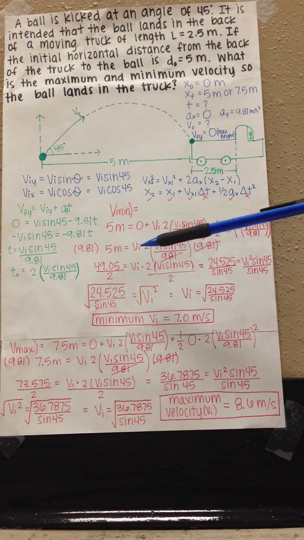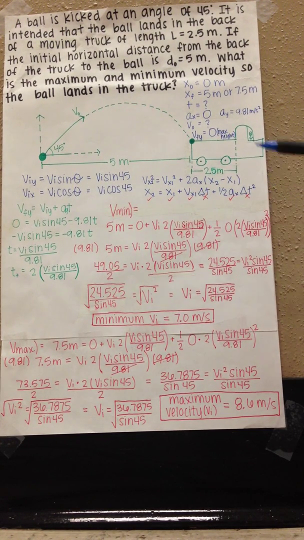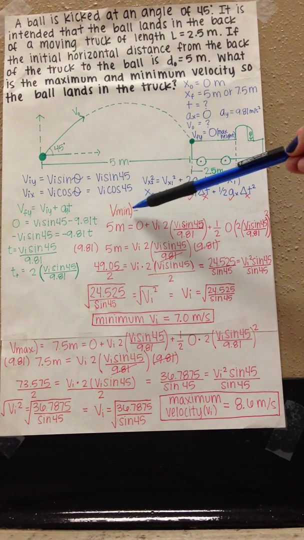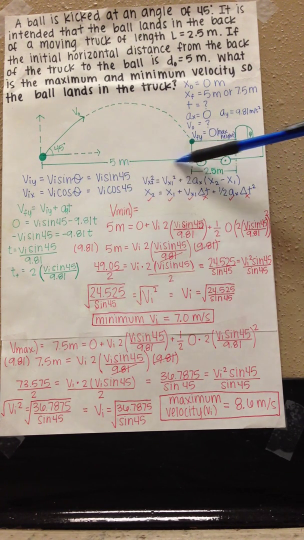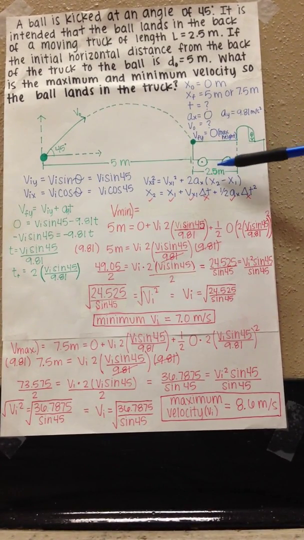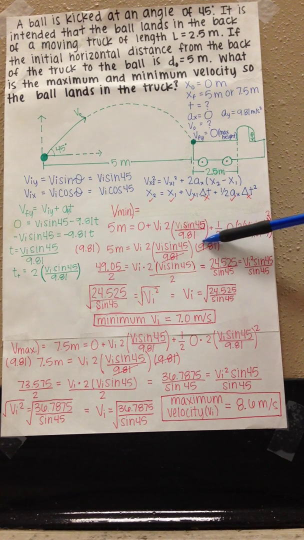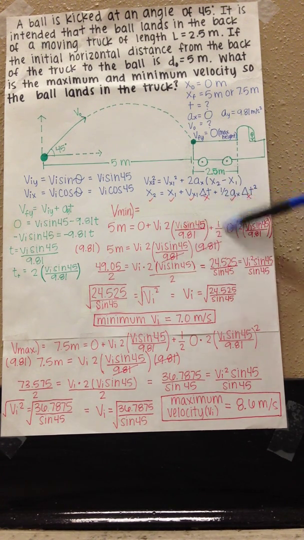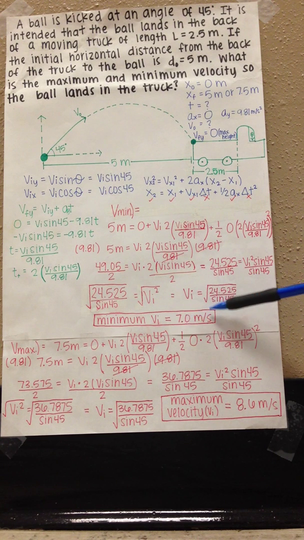And then since that's the time, you plug it into this formula for the minimum. For the minimum velocity, you use 5 meters because that's the shortest distance it could go to make it into the truck. Once you plug in all your values, you get that the initial velocity equals the square root of 24.525 over sine 45. Once you calculate all that, you get that the minimum velocity is